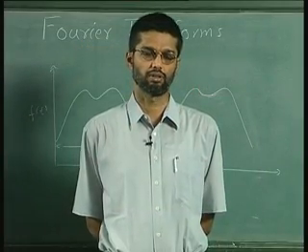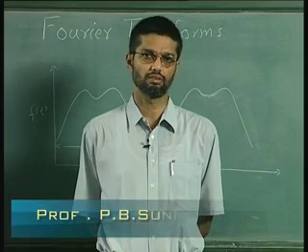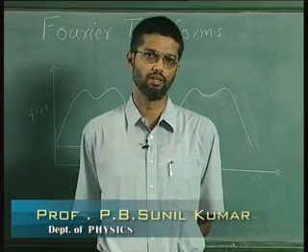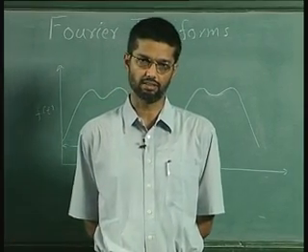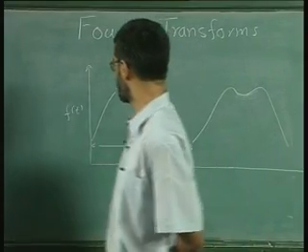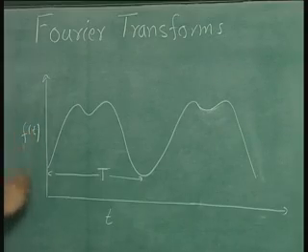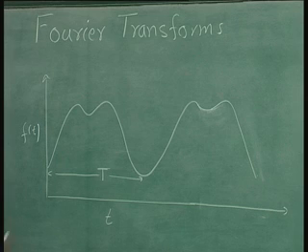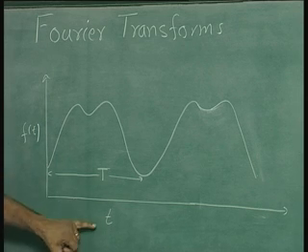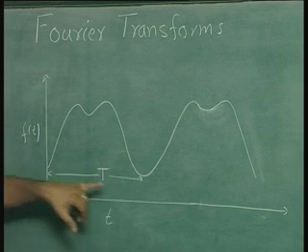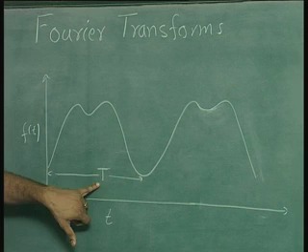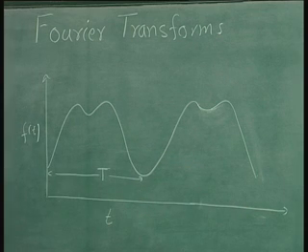Today we will move on to a newer topic, that is computing Fourier transforms using numerical methods. So we are all familiar with Fourier series, that is when you have a function which is periodic in time. Let us say such a function, periodic in time or any variable t, periodic in the sense that it has a repeat period given by T, and let us say this continues. Then we know that such a function can be written as a sum of